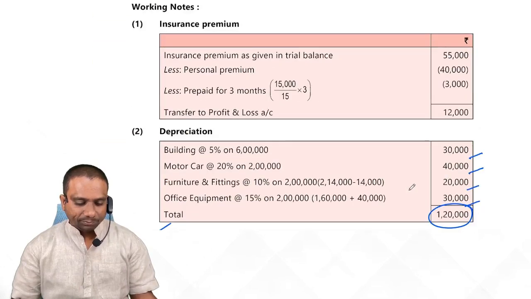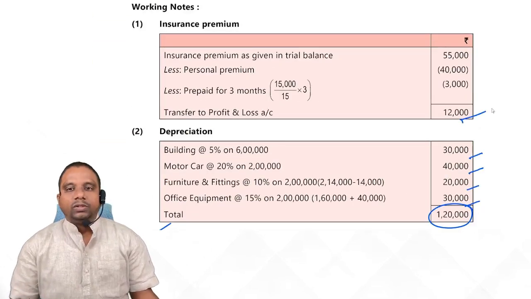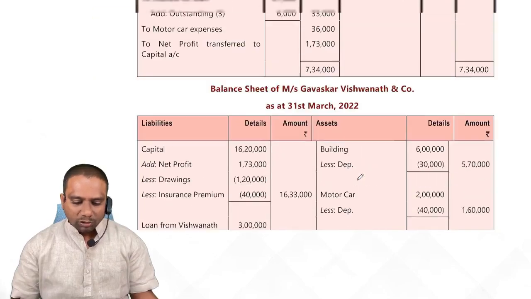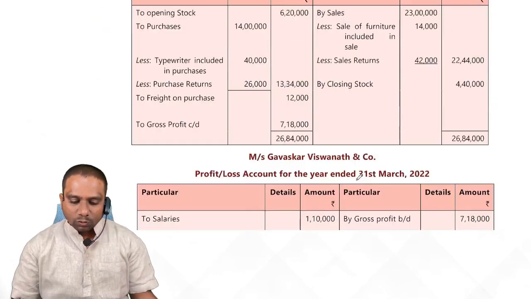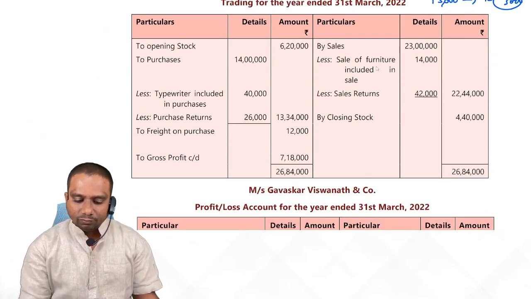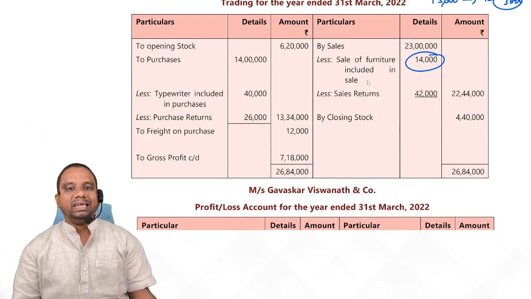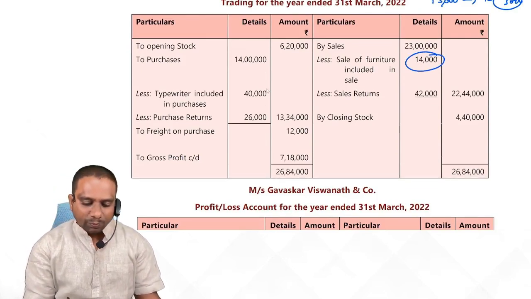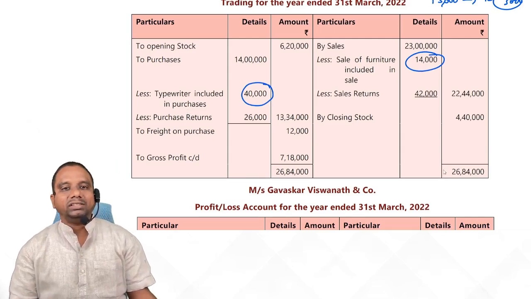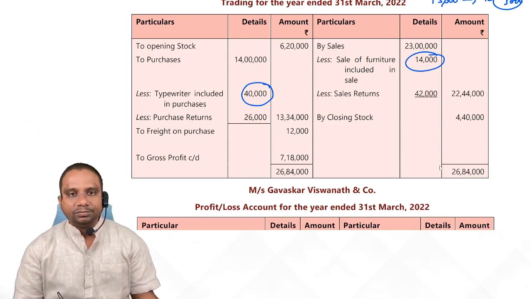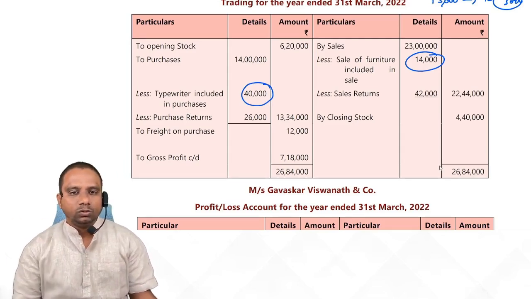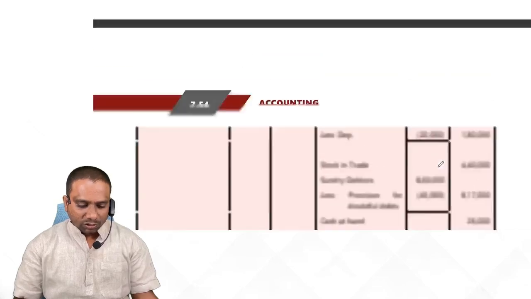Look at insurance. Next one, two important rectifications. First one is what? Sale of furniture, 14,000 deducted. Next, typewriter included in the purchases, that is also deducted. These two important rectifications you try to focus. So next question,